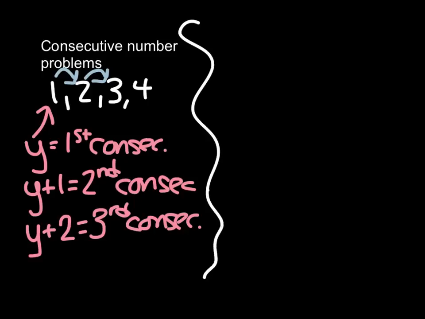The homework problem, number 8, says: 3 consecutive integers have a sum of -6. Sum is important, and -6 is important. We have to consider those keywords, sum and the number -6. Write an equation that would help you find the numbers. We don't need to solve, we just need to write the equation.